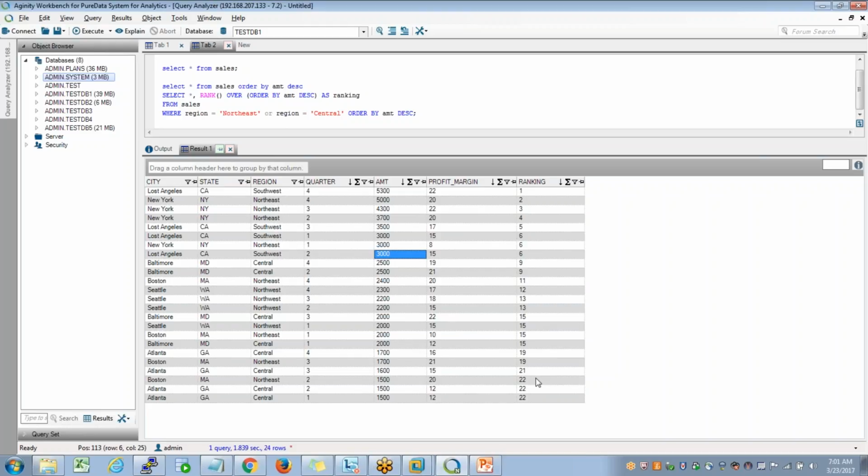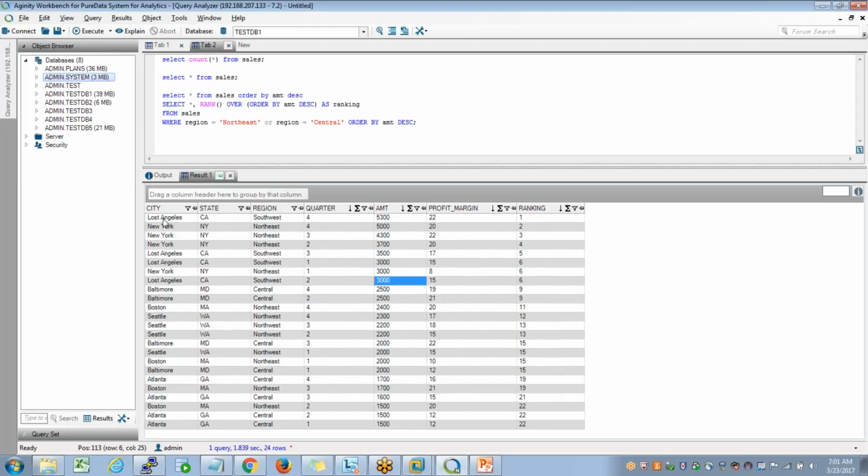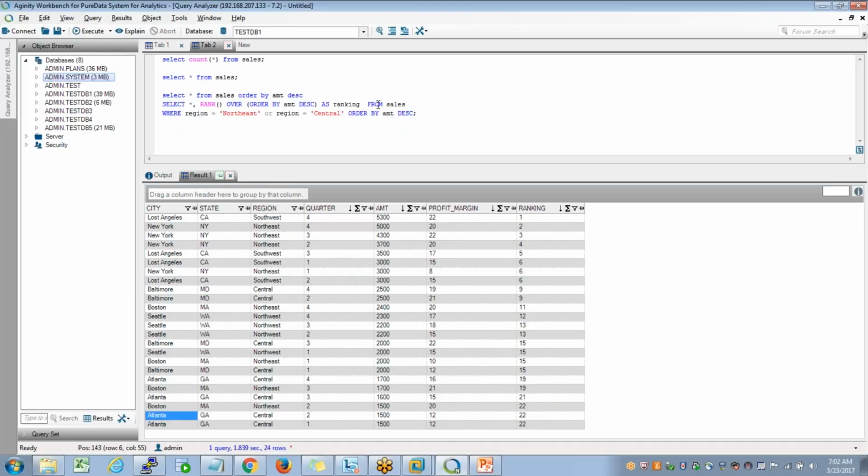It's something like ranking students across the country. Let's say these are the various students who appeared for an entrance exam at a national level, and we have just ranked them, right? But this might not be fair because the study conditions of LA are different from the study conditions in Atlanta. I'm not interested in a national ranking, I am interested in a state-wise ranking or region-wise ranking. In that case, what we have to do is